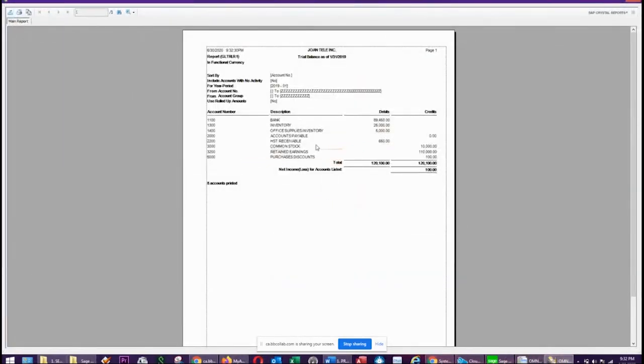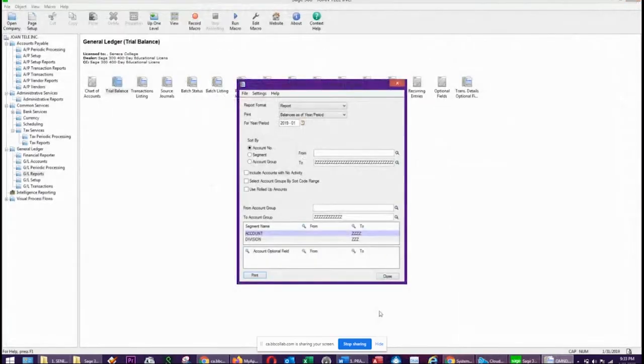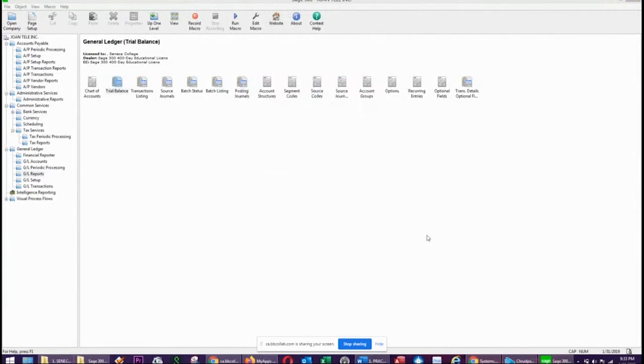So there's the update. Accounts payable is now 0. We've got purchase discounts and we've got the office supplies inventory. And our bank is affected. So AP, the bank, and the discount were affected by this entry. Okay. So I will close that window. I'll close this window as well. And we'll move on to